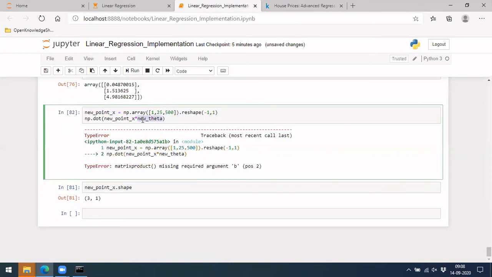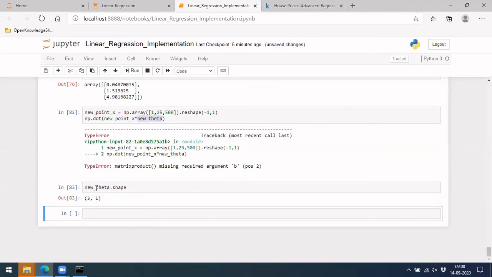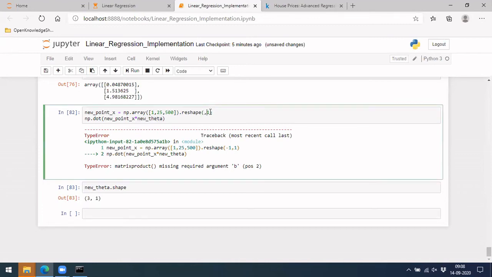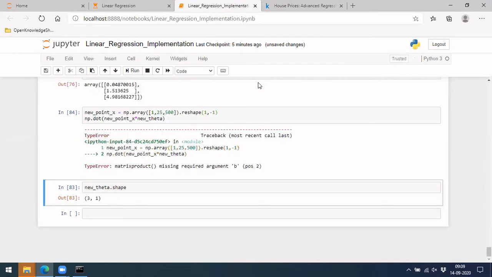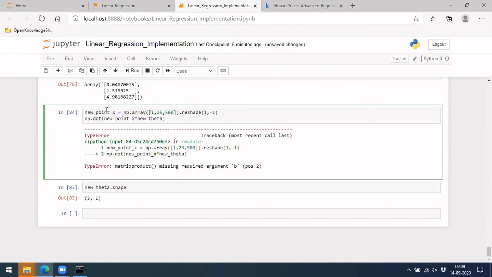Okay, so let's solve this issue. What is the issue here? Theta is also 3, 1, so you can't multiply 3, 1 with 3, 1. It should be 1, 3. So instead of 3, let's put -1. Then it will, oh, again, 1, 3.